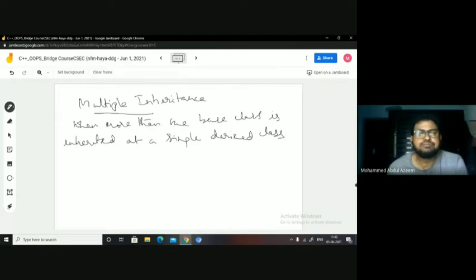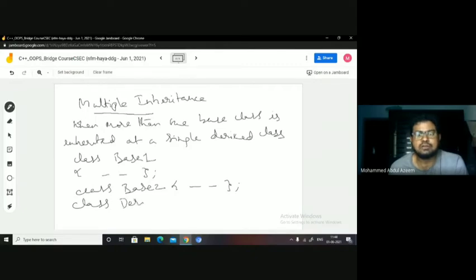For example, I have a base class, base 1 class, okay, and I have another base class, that is base 2 class, okay. Then I am inheriting both of these base classes at one single derived class.